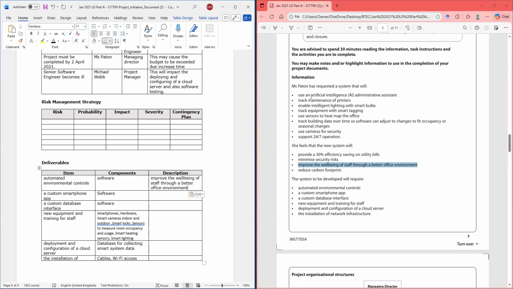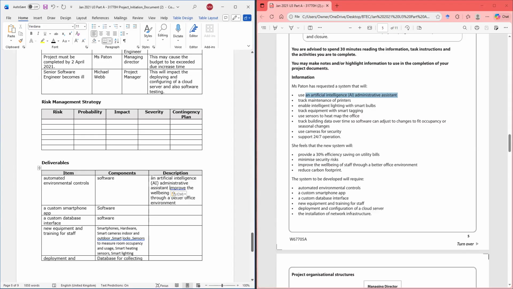So it would be an AI that improves. That's what it is, automated environmental control. All right.